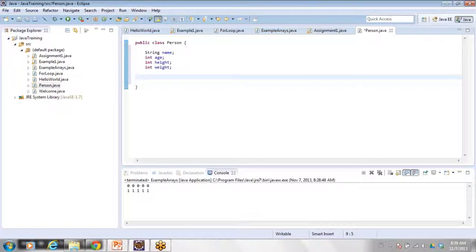After that I can define the operations or functions that a person can do. So he can walk. We will discuss what this void is.